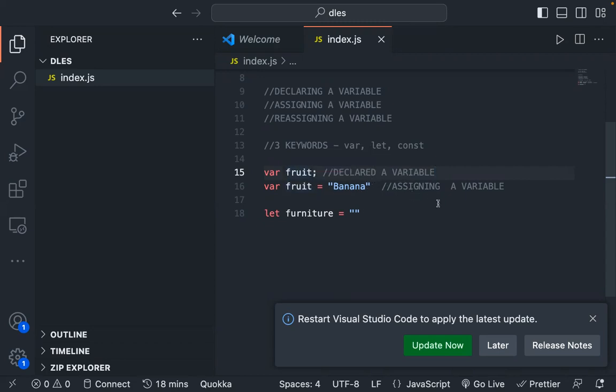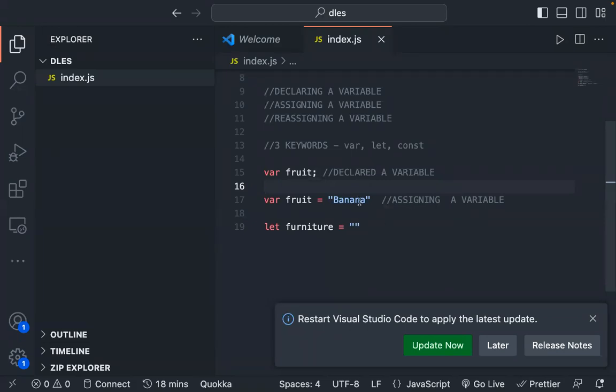So immediately you see an equal to sign after a keyword and a variable name, this var is called the var keyword, which is for variable. What is fruit? Fruit is the name of the variable. So this is the keyword and this is the variable name. When you see only the keyword and the variable name on a single line, that's called declaring a variable